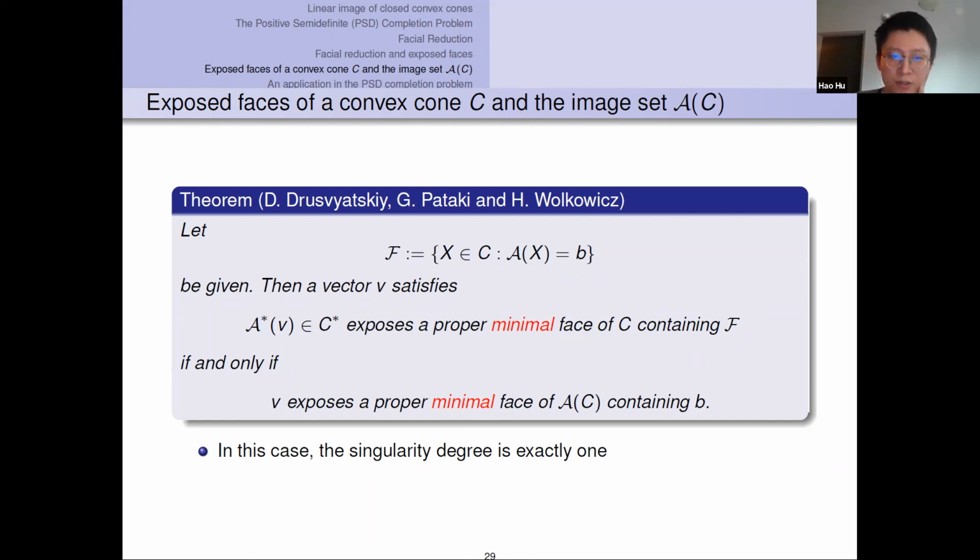And in that case, the singularity degree is exactly 1, because you have found the strictly feasible formulation in one step. And this alternative characterization sometimes gives you information about the singularity degree where it is not easy to see using the standard characterization. For example,